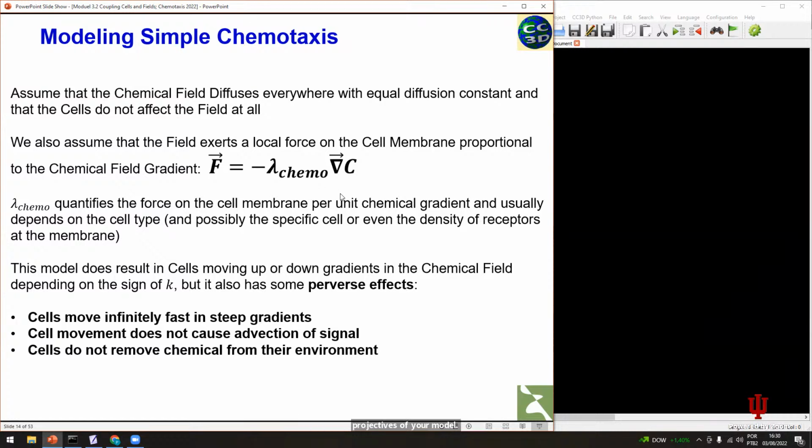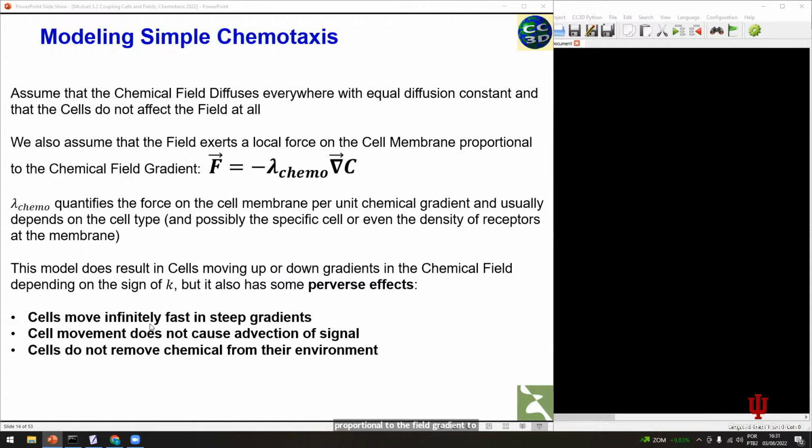So Gilberto already talked about external potential. This is quite similar, but instead of a displacement in the pixel copy or in the center of mass of the cell, we will work with the gradient of the field. And this has many implications. So if the force is proportional to the field gradient,